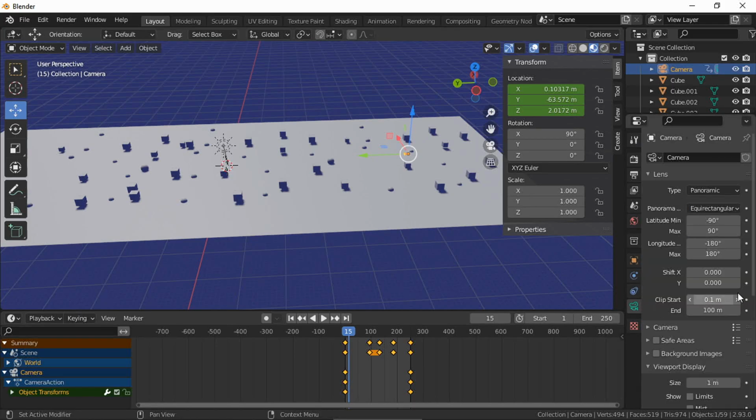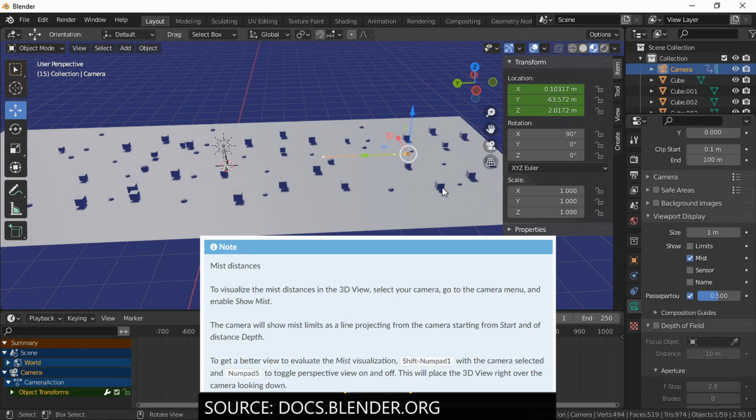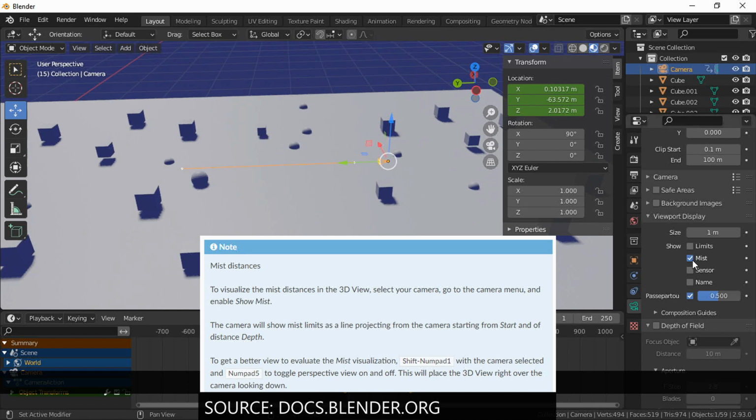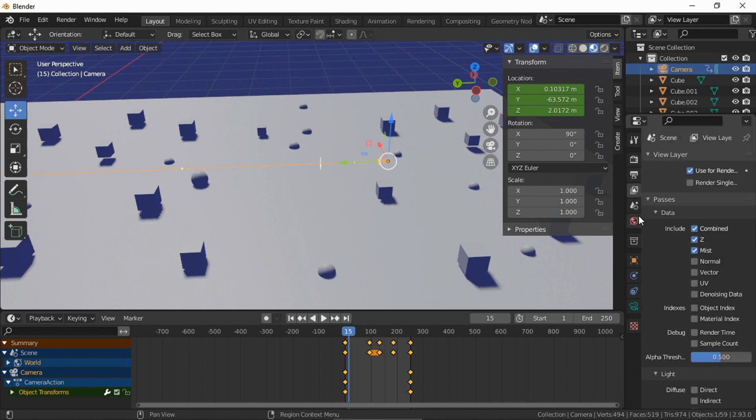Now, the mist pass for the foggy underwater effect. Let's choose mist pass so we can visualize it.